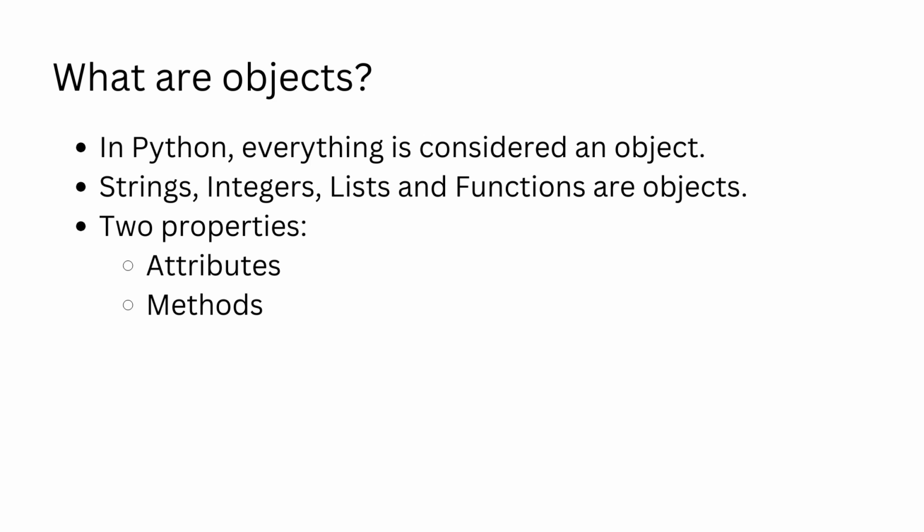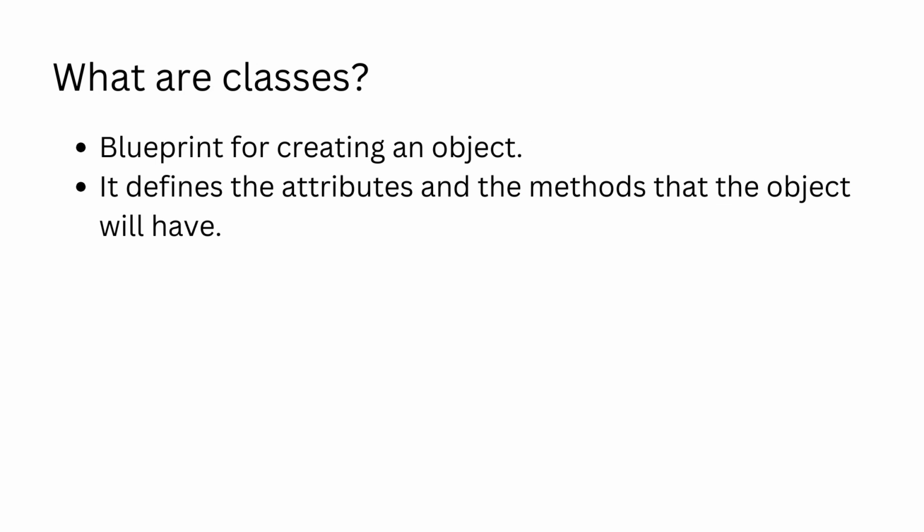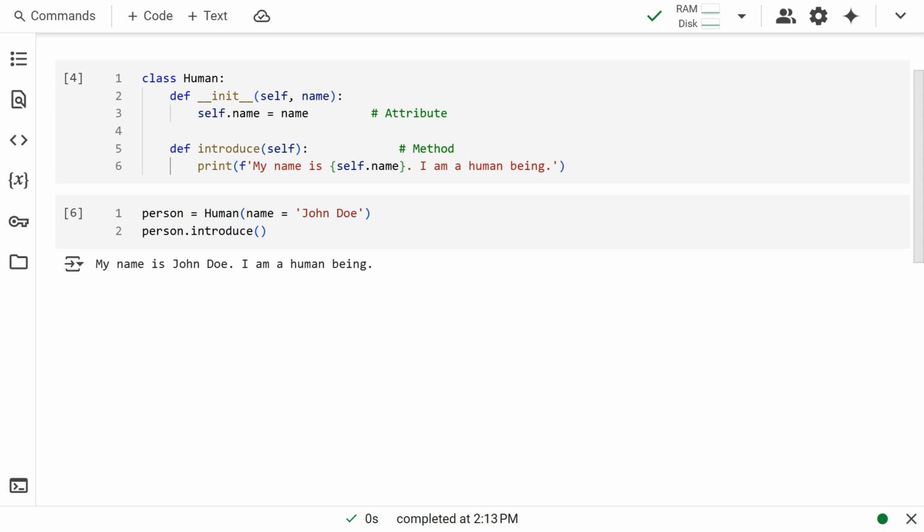To understand more, we need to understand about classes. A class is a blueprint for creating objects. It defines attributes and methods that the objects created from the class will have. Attributes of a class are the variables that belong to the class. Methods are functions defined in the class. The first parameter of a method is always self, which is the indication that the function is a part of that class. Let us look at a quick example.